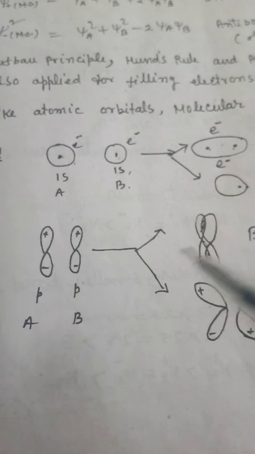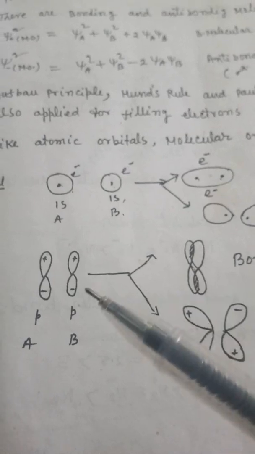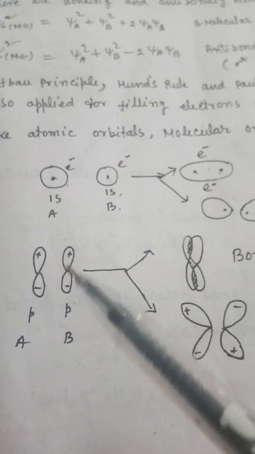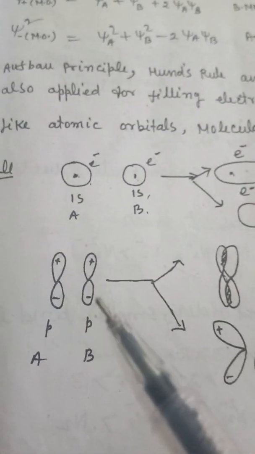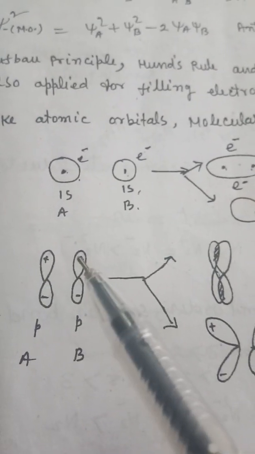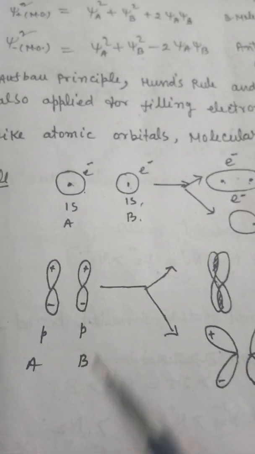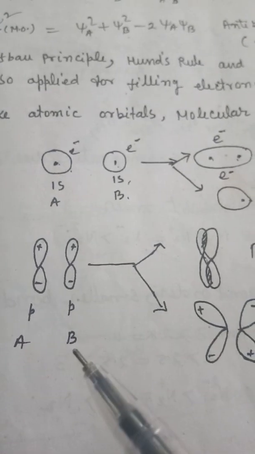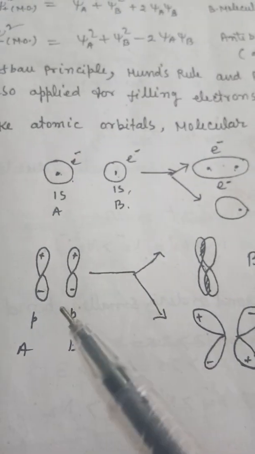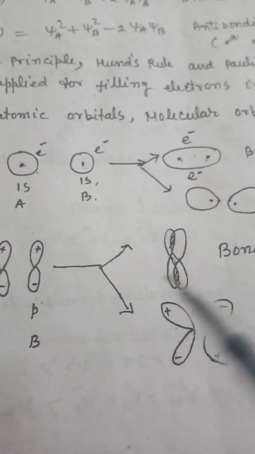Now you can also consider the combination of the p atomic orbital. Suppose the electrons of the valency shell are present in p atomic orbital. So what happened? So this plus plus, minus minus, this is not the charge but the direction. Plus means positive direction and this negative direction. So suppose there is an atom A and atom B, and electrons are present in p atomic orbital of the valency shell. How do they linearly combine and how are molecular orbitals formed?